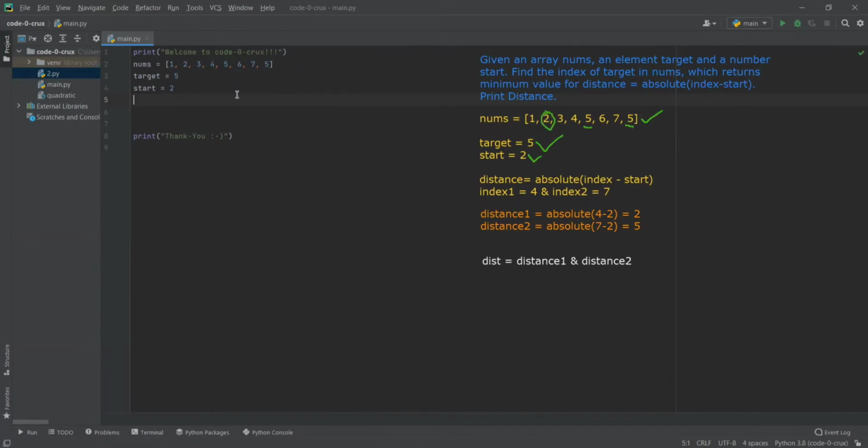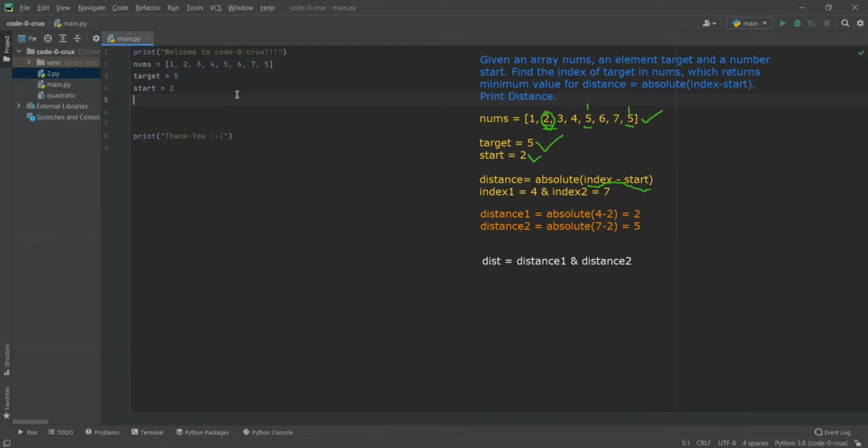We have to subtract the indices, once from here and once from here, from this number 2, using this formula. We store those two distances as distance 1 and distance 2, and from those two we print the minimum.